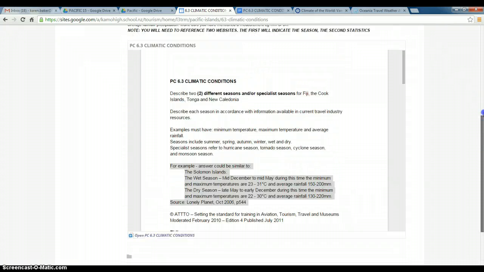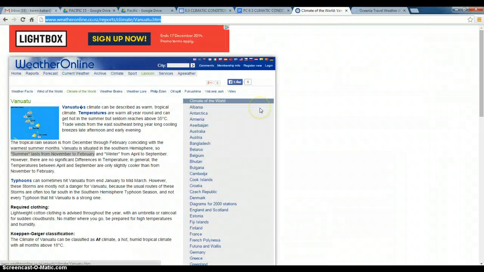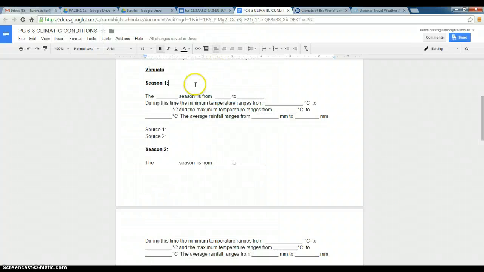Go back to the 6.3 Climatic Conditions Google site. Right-click on Climate of the World. This here is the navigation bar, and I have already pre-selected Vanuatu, and I have highlighted that summer lasts from November to February. In my Google document, I will write summer. The summer season is from November to